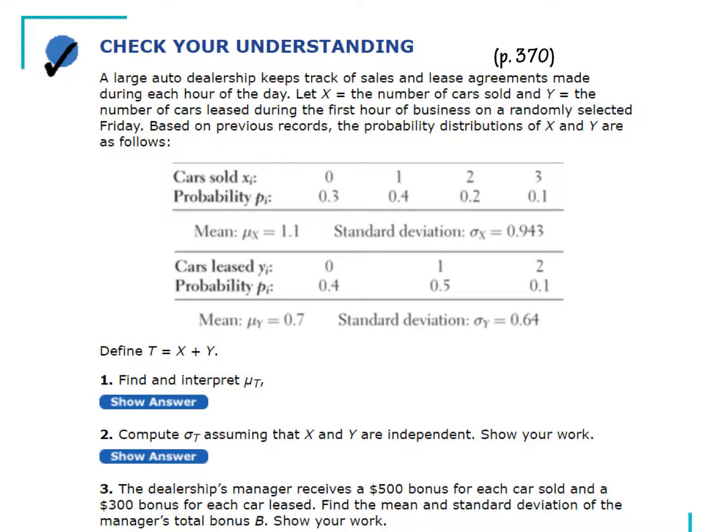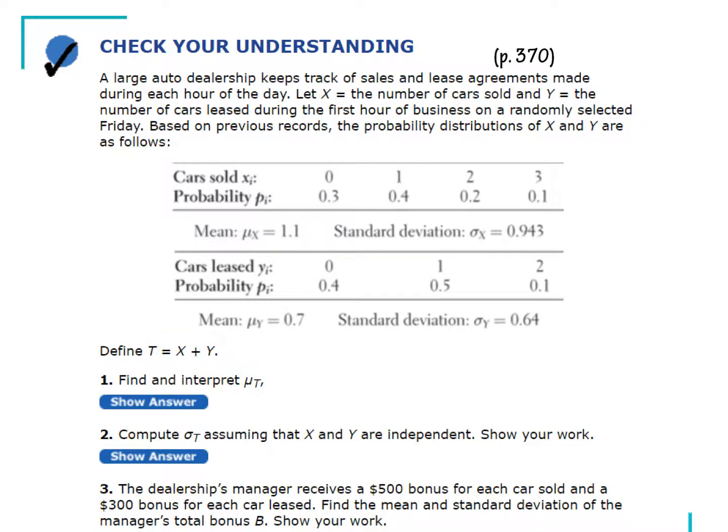Hey guys, I am on page 6 of 6.2 today. It's a check your understanding question. Today it's a large auto dealership keeping track of number of cars sold each hour and number of cars leased as well. In this first question, we're given a lot of data here in this table. But first question we're asked is to interpret the mu of t, and t is defined up here as x